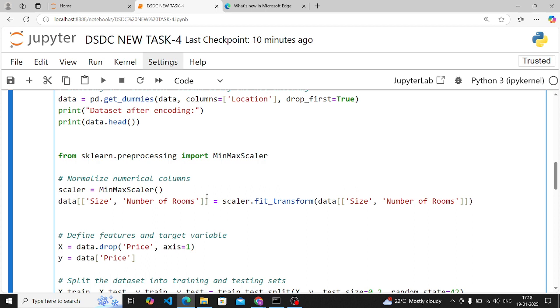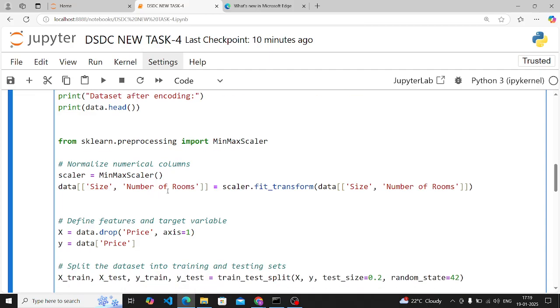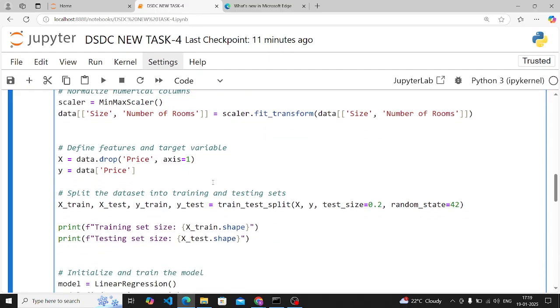From this, first we have to import the MinMaxScaler from sklearn preprocessing. Then we'll do the normalization. Normalization scales features to a 0 to 1 range, improving regression model convergence. Then you have to do the feature selection and